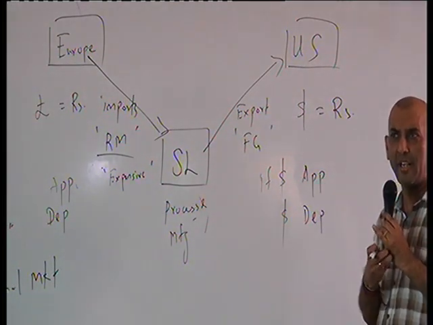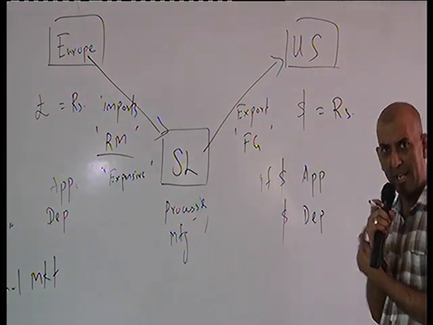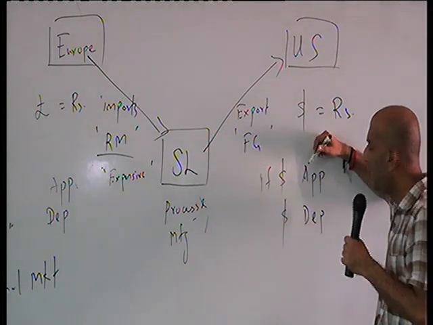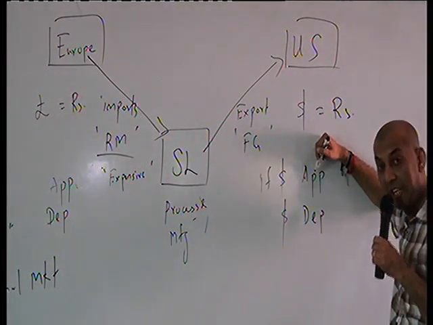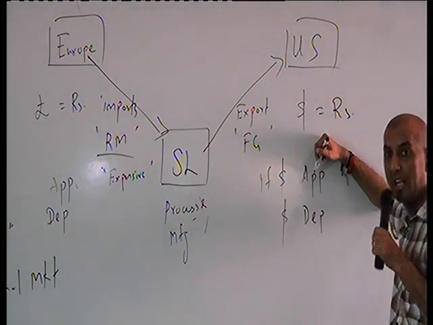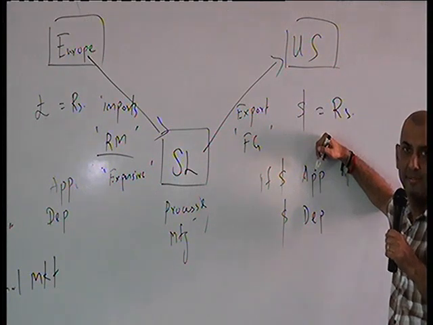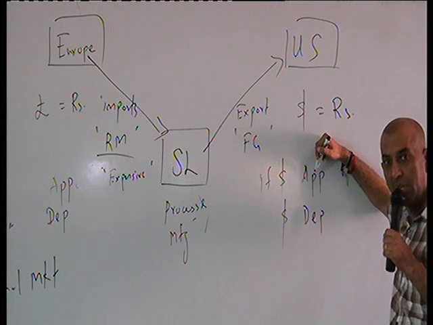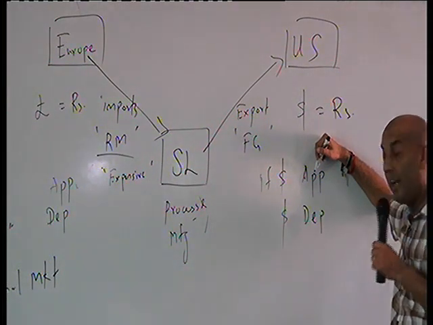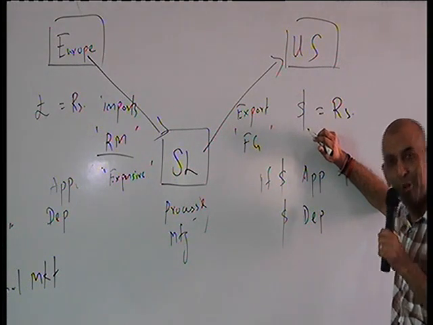We have the same price in the market, say whatever $1 is, or tea at 1 kg. If the dollar is appreciating, as I export, I get more rupees, which means I am gaining. I am not going to worry about it, and I don't lose competitiveness. I am fine. But if the dollar is depreciating, what am I going to do? I am going to lose.